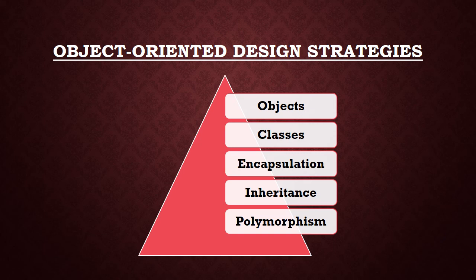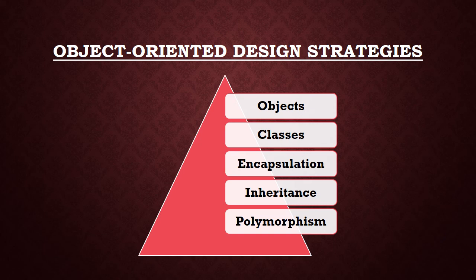Then the second, we have the classes. Classes are the collection of objects, and a class defines all the attributes which an object can have and all the methods the object can have, and it represents all the functionalities of the object. For example, if there is a fruit class, what are the various instances? Instances means the objects. So in the fruit class, we have various objects like mango, apple, grapes. These are single entities, these are the objects, and collectively they are known as the class.